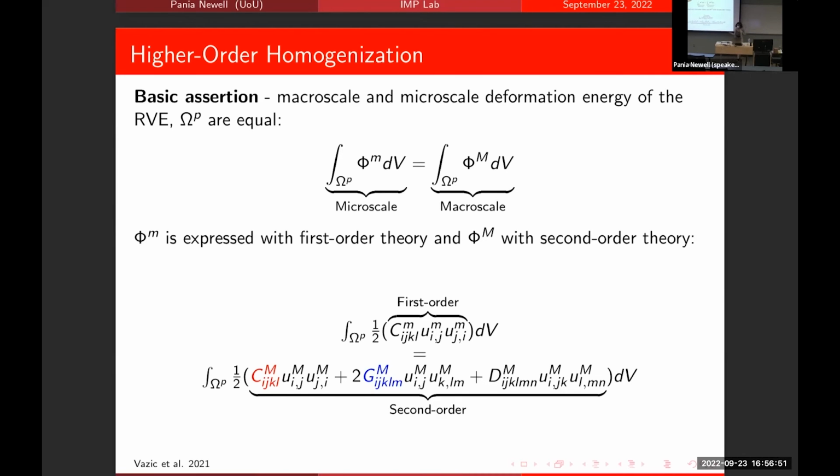But what do I mean by higher order parameters? It means shape, size, and pore distributions. So we looked at a different homogenization approach, basically the energy that we set up for the RVEs at the micro scale and macro scale, with different conventions that everybody is using. But at the micro scale, we use only first order parameters. We don't account for the interactions of the higher order parameters at the micro scale, but at the macro scale, we try to account for those.